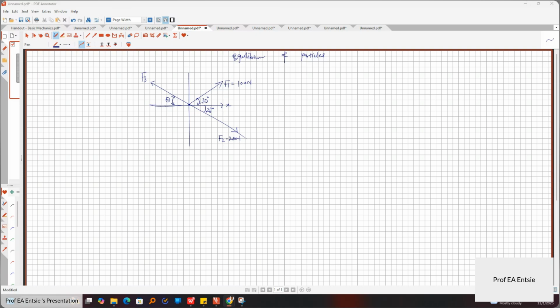All right. So another practical application of the resolution of forces units, that's the 2D and the 3D. Now we are tackling the equilibrium of 2D particles. Later we will look at the equilibrium of 3D particles. Then we move on to moment couple. Then we say goodbye to forces. All right. So now